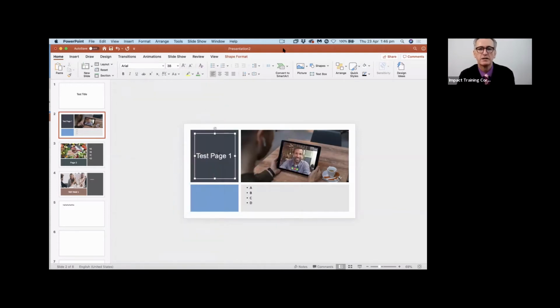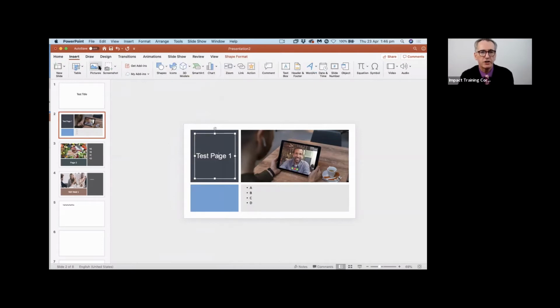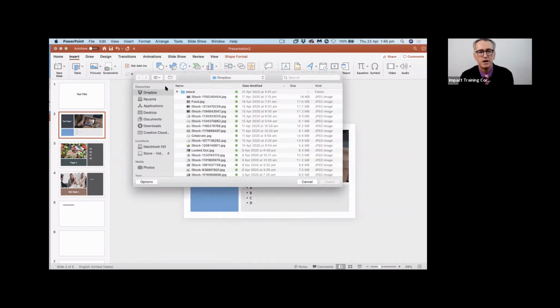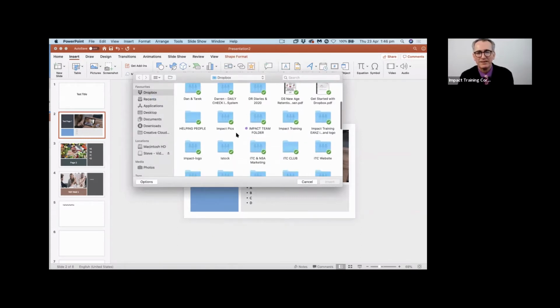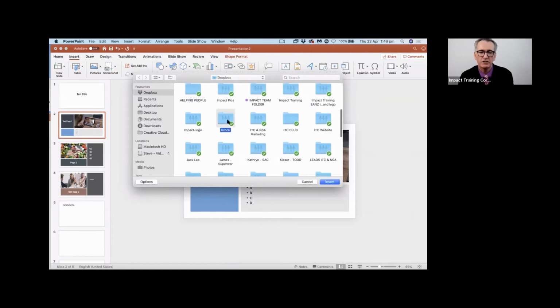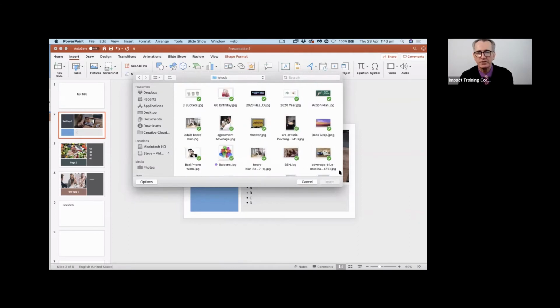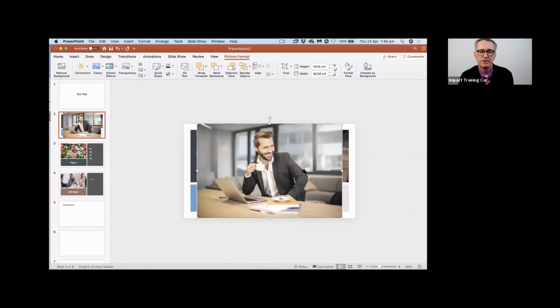Okay, so we've got a title. You'll find a picture, either in, click insert, then go to picture. There's all my iStocks. When I actually look for things, I go to icons so I can see what the picture looks like. So, because I have an iStock, I just stick them in there. As you can see, there's all the pictures. If I like a picture, you click the picture and then click insert. And the picture will be there.